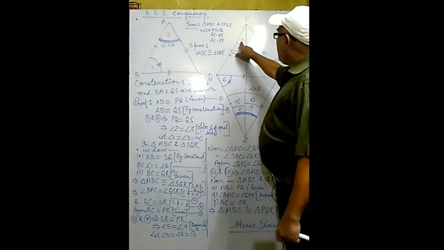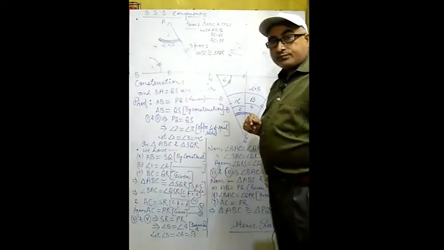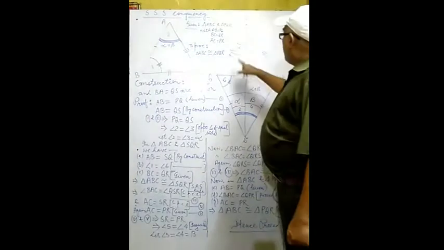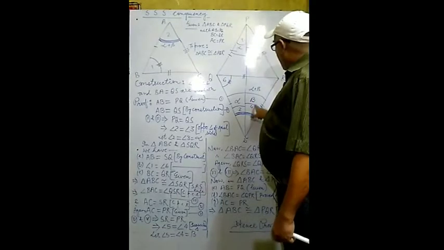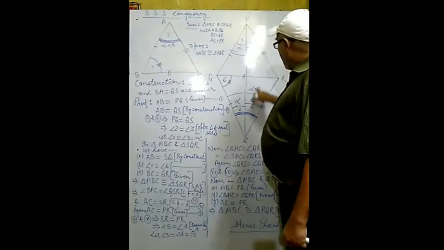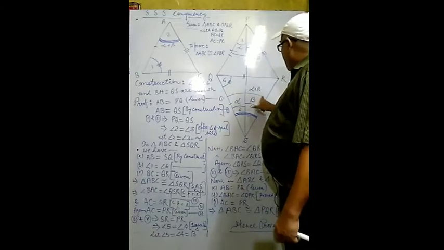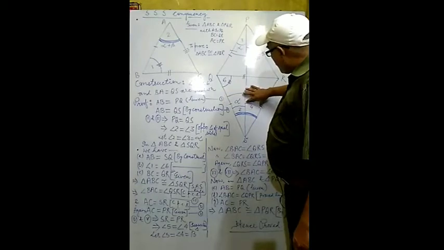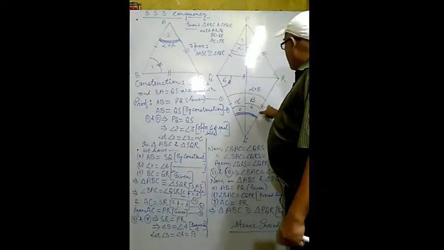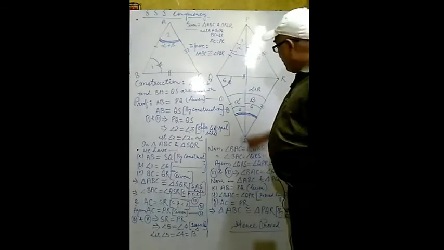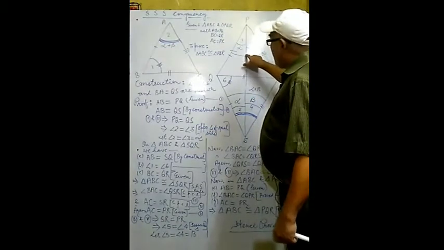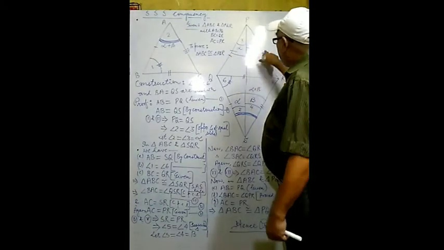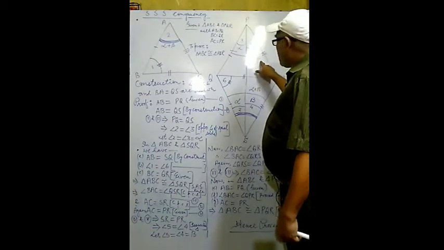Just before, we have proved angle 3 and angle 2 are equal. We have supposed angle 3 and angle 2 each are equal to alpha. So by the same way, this angle 5 is equal to angle 4. So both will be equal to beta. So what total value will be there? From here to there it is alpha, from here to there it is beta. So from here to there it is alpha plus beta. This one equals this one, so this one is alpha. This one is equal to this one, so this one is beta. So what total will be there? So this will also be alpha plus beta.